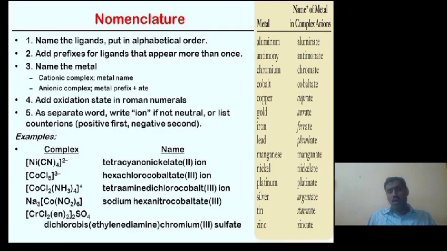Red and gold aurate. Yeah, like that. I give a few examples in here. Then after that they write the metal. You add the oxidation state in Roman numeral. Okay. For example, first example, the